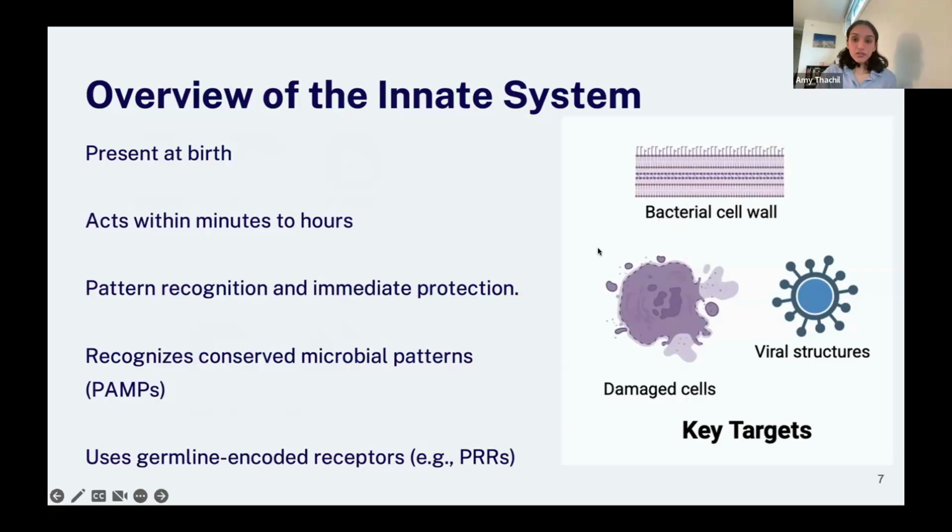So external pathogens such as bacteria and viruses very often will have shared structural features, and the innate system is capable of recognizing and responding to these shared features. To do that, it uses specialized sensors called pattern recognition receptors. When a pattern recognition receptor detects that there is danger, that a pathogen is present, it'll respond immediately and increase levels of inflammation and help recruit other immune cells to the site of infection and the site of the